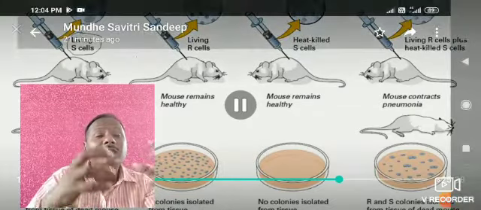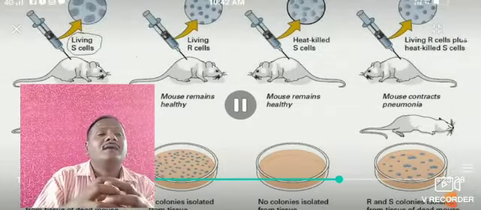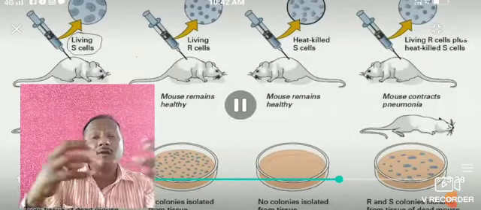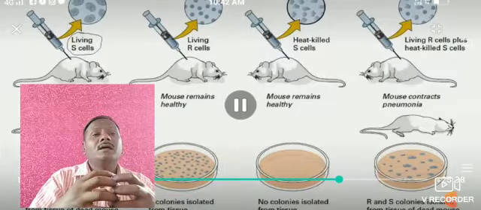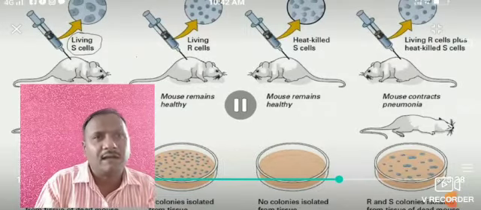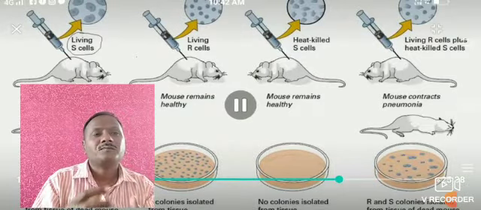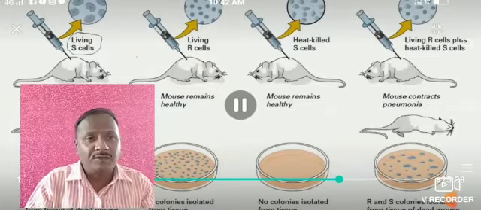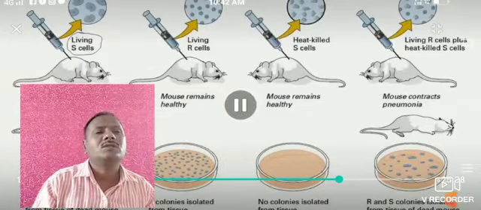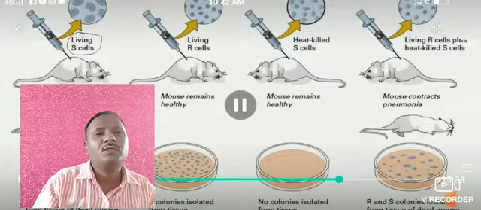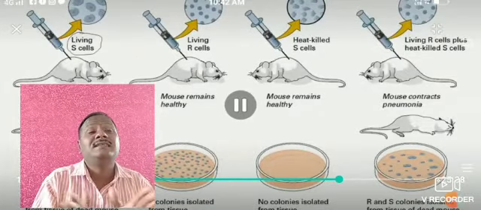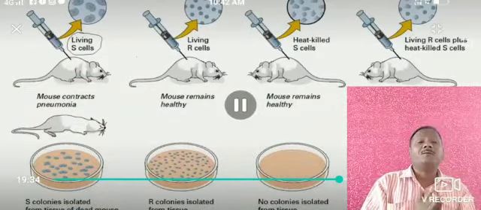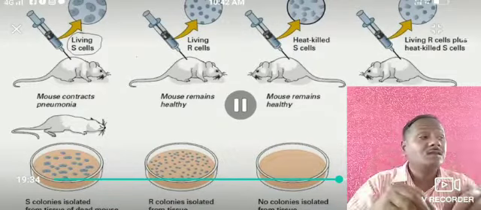Why? During the mixing of the R strain and the heat-killed cells, whatever the virulence activity of the strain, it was transferred into the living R cells. The injection has pathogenic activity, and once injected into the mouse, it dies due to the mixed strains. With the help of this experiment, the scientist Griffith proved that there is genetic material